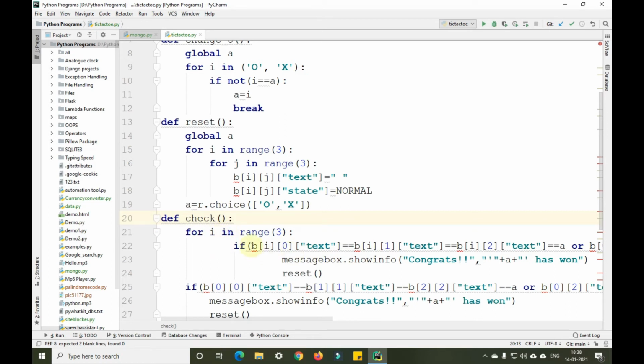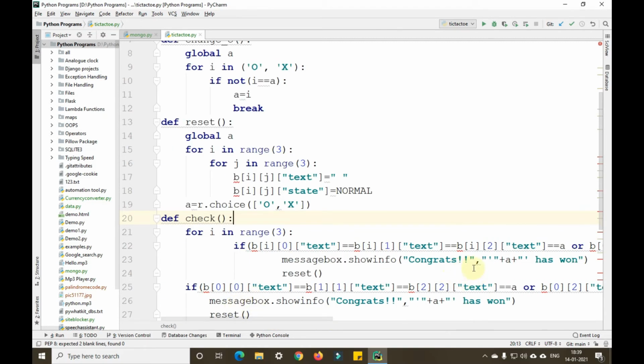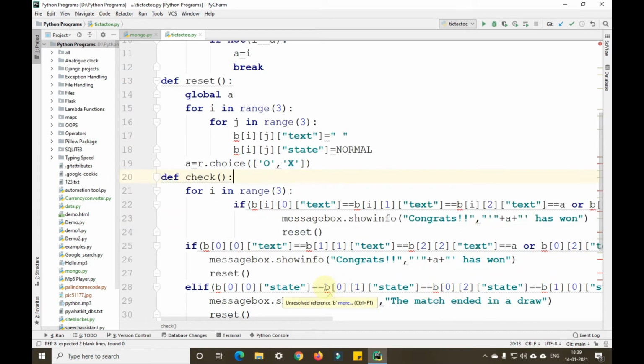For i in range of 3, if b of i of 0 text is equal to b of i of 1 text, and so on, if it is matching any of these, then it will return congratulations, that particular user has won. Otherwise it will return that the other user has won.